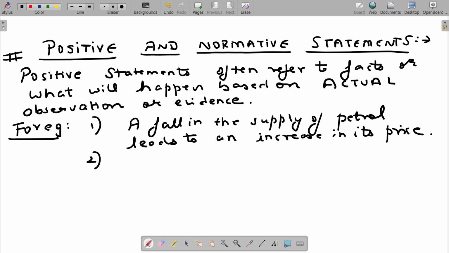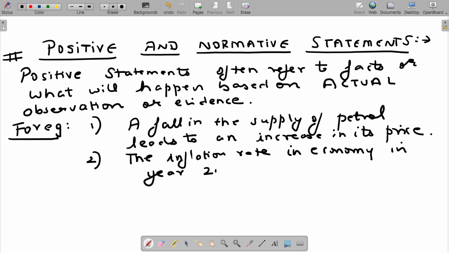Similarly, if after having done our research we say that the inflation rate in the economy in the year 2021 is 8%, it's a fact. It's an actual observation. It has been backed by strong evidence. So all these are positive statements. Now, what are normative statements? I can write